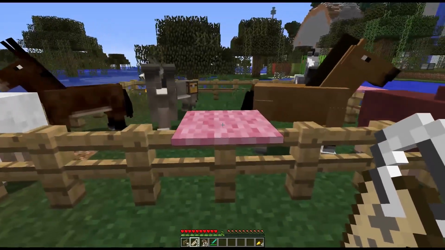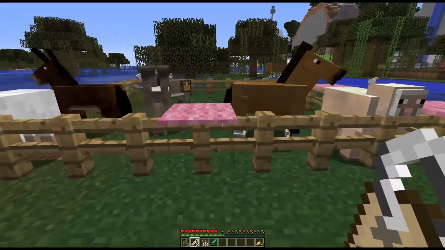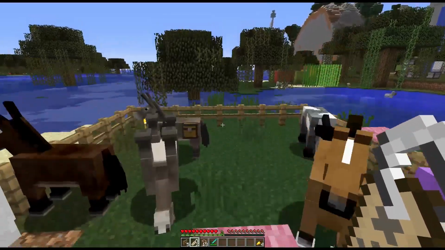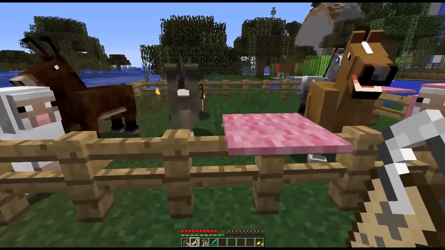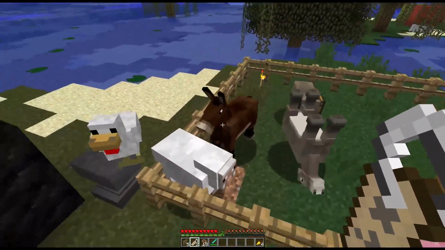But they can only be found in dungeon chests right now, and they only spawn in stacks of one. So quite hard to find. You have to find dungeons to get these, and yeah, they're kind of rare as a result. But you can also trade them with villagers. They're quite a rare trade, but they cost